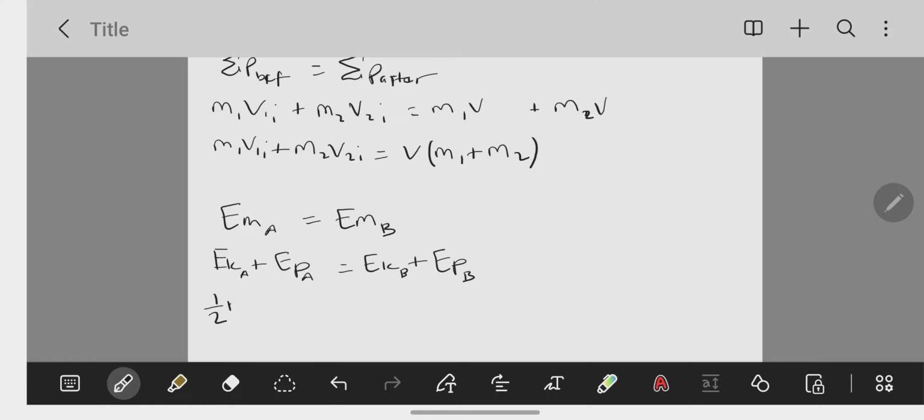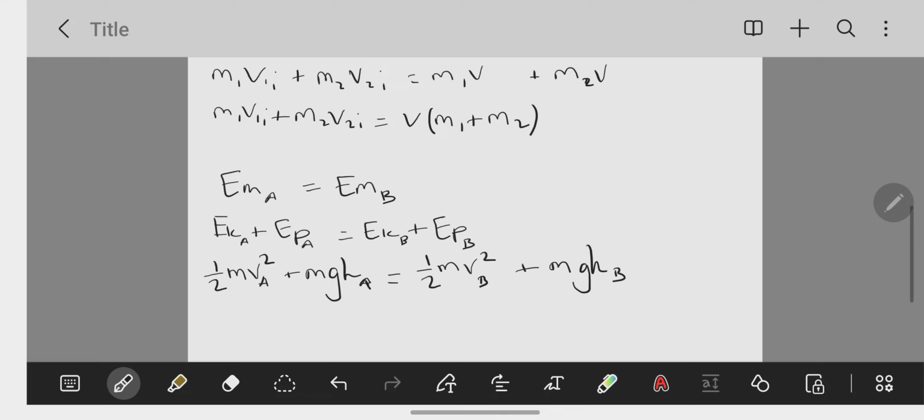So half mv squared, that's how we calculate kinetic energy at A, plus mgh at A, that's how we calculate potential energy. This must equal half mv squared at B plus mgh at B. Now remember, the mass is the combined mass of the two objects because they're moving together as one object. So now we can go ahead and substitute our